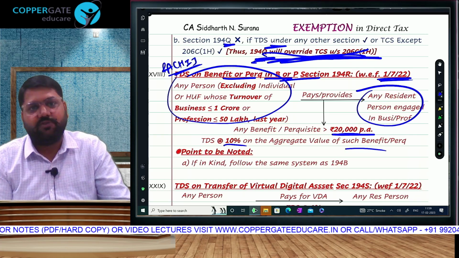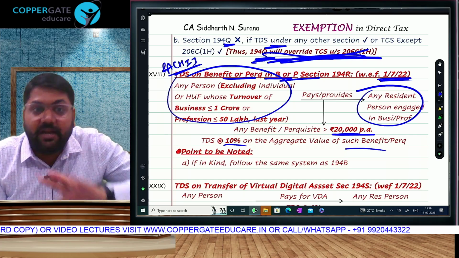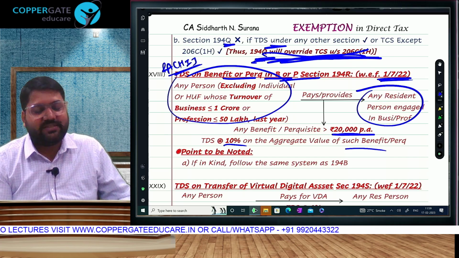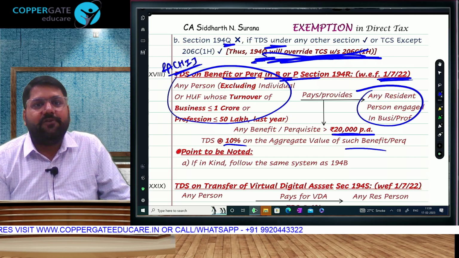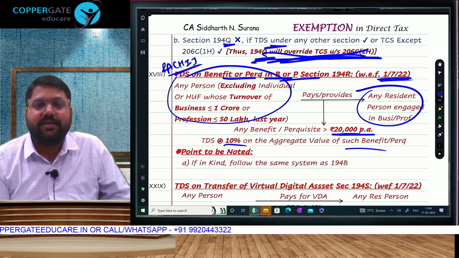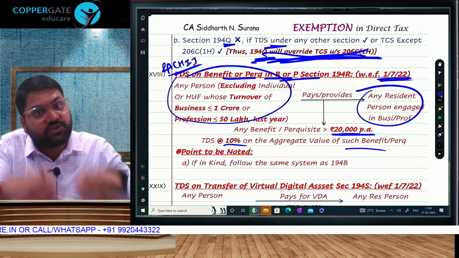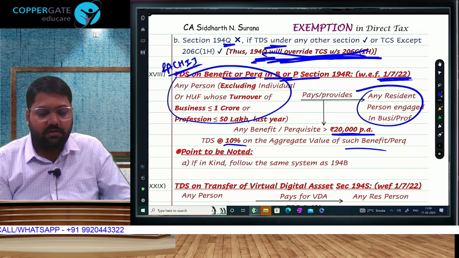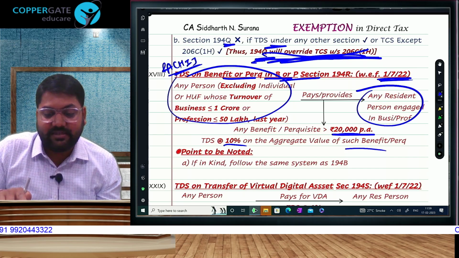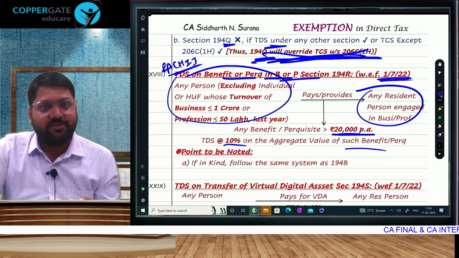If the benefit provided in the course of business or profession is more than 20,000, you need to be very clear that the benefit should go to the professional, meaning the professor or the doctor. It is not so that if another city's coaching class is inviting a faculty and says come, we will pay your hotel bill, then in that case the professor is not getting any advantage. The class is calling the professor for its own work. But during that trip of 15 days when the professor is taking lectures, if that coaching class is also bearing expenses of the professor's family, then that is extra perquisite.